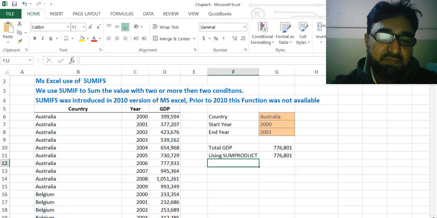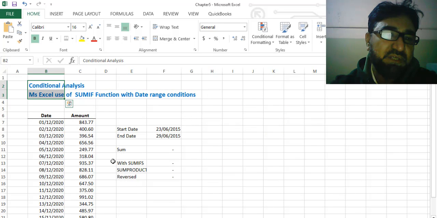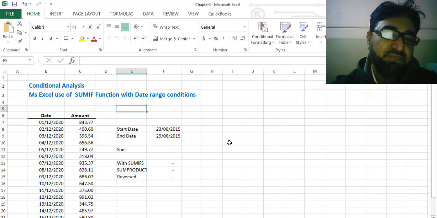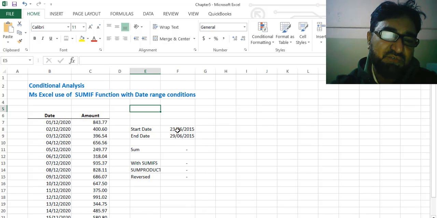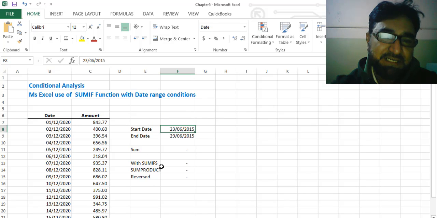Guys, let's move to the another sheet. And as I was saying, we will be learning a formula in which we will be giving a date range, and with the help of this date range we will be finding the value